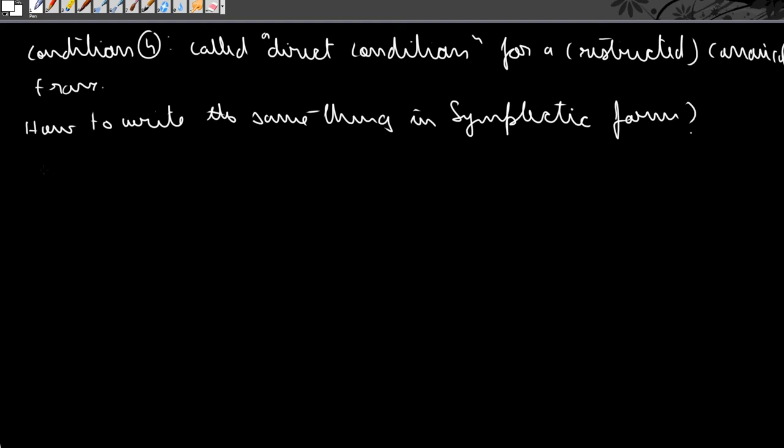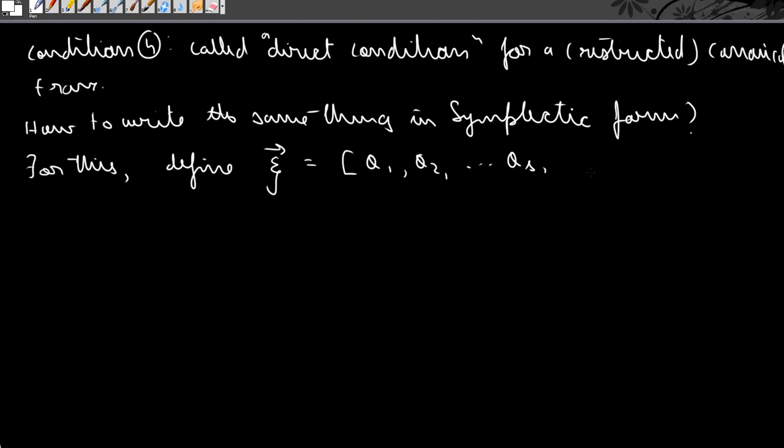Okay, so for this we define another vector psi, which has the components as the new coordinates instead of the old coordinates, which was eta. This is defined in this manner, transpose, because it's a column vector.